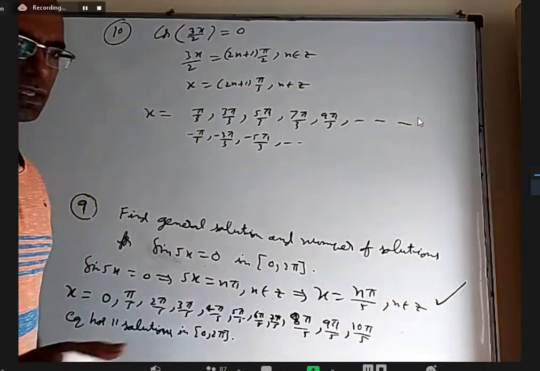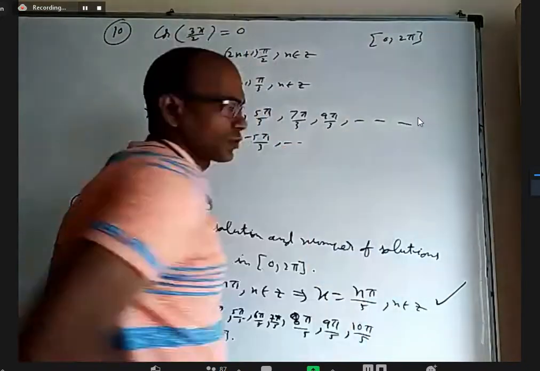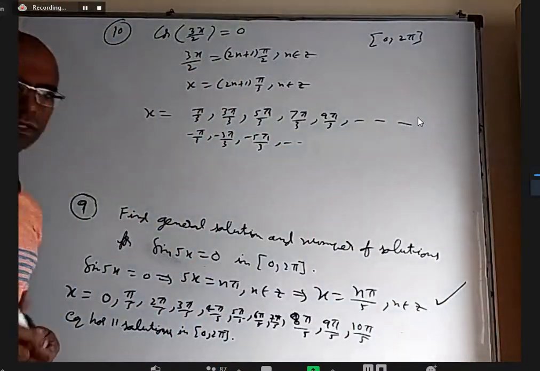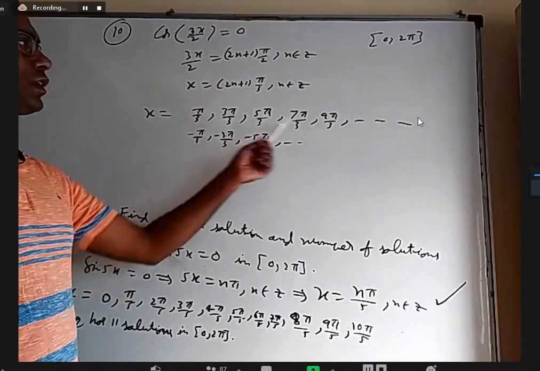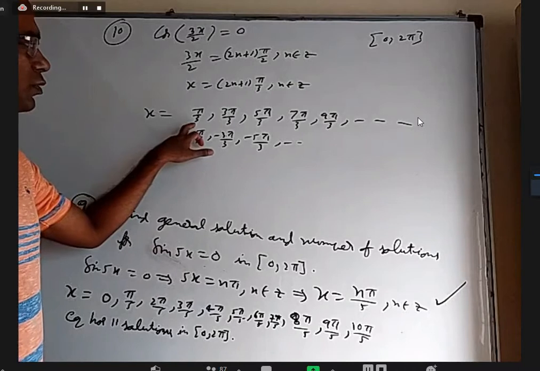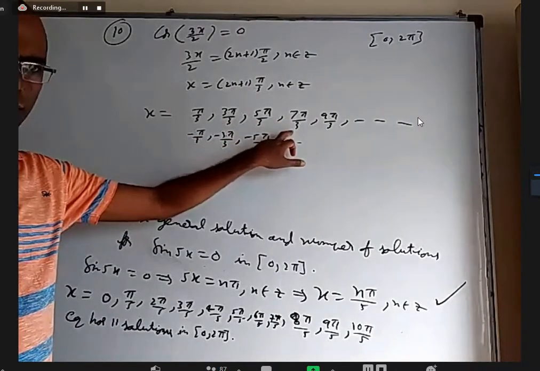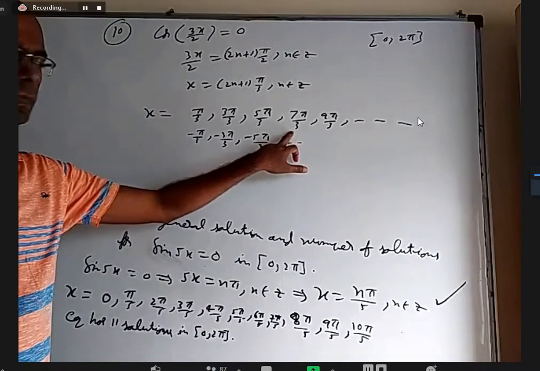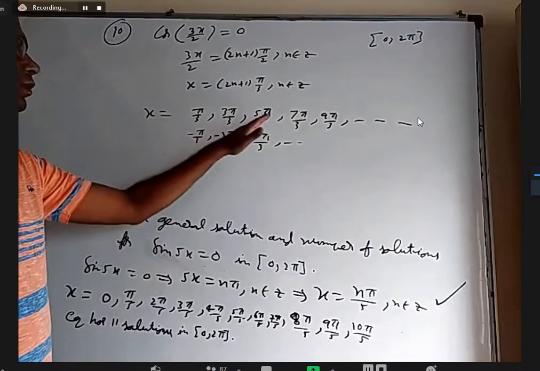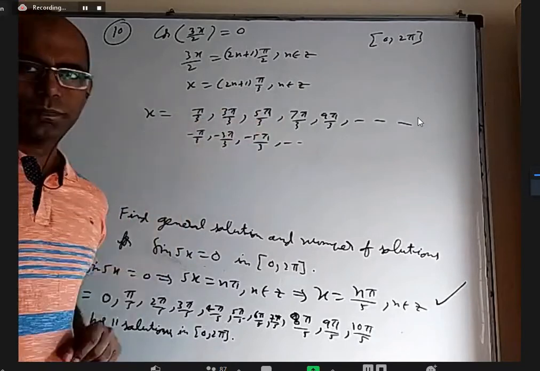But let's say by chance, if they ask between 0 to 2 pi, how many solutions? Then I already wrote these things, it gives you some idea. This is there between 0 to 2 pi, this is also there, this is there. This is not there, right? Until 6 pi by 3 only. Okay, only up to 5 pi by 3. Yeah, 6 pi by 3 is 2 pi. So only 3 solutions, 1, 2, 3.